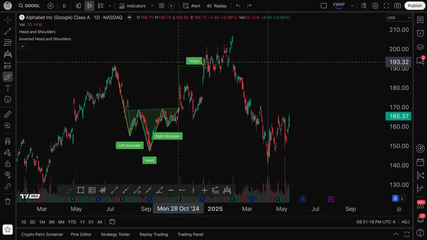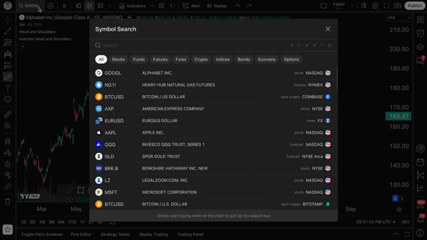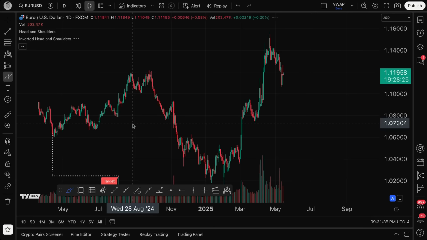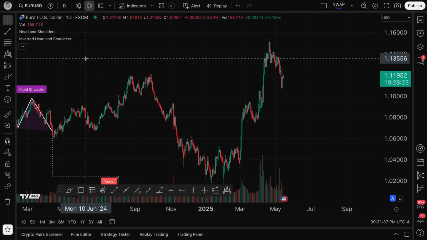So head and shoulders and inverted head and shoulders follow the same principles: left shoulder, head, right shoulder, neckline with a target price. They're just generally in different directions. Now, what's very important, by the way, about this indicator as you get started is that it's not always going to work. Like all